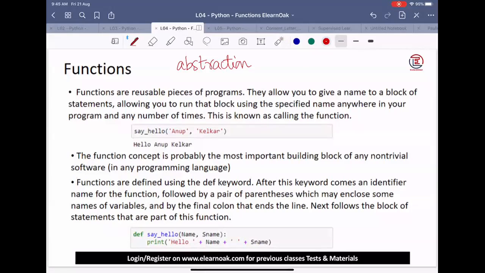So what that means is, I want to create a black box, and I may not know how this black box is functioning, but I can know what input I'm giving and what output I'm getting out. Okay, so let's say I write a function for giving the square of an item. I enter the value 2 and I get the answer as 4. I enter the value 3, I get the answer as 9. I may not know what code is written inside, but even without understanding it, I am able to use the function well.